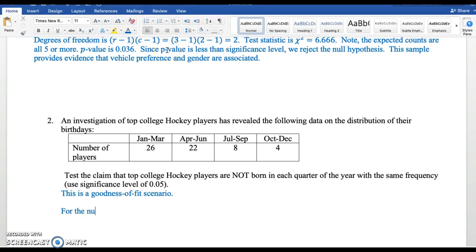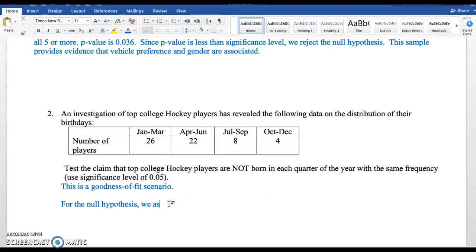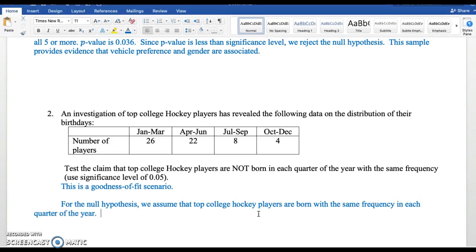So for the null hypothesis, what are we going to do? We're going to test the claim that top college players are not born in each quarter of the year with the same frequency. So for the null hypothesis, we always assume something has to be true. We assume that top college hockey players are born with the same frequency in each quarter of the year. The alternative hypothesis is that this is not true, and that at least 1 quarter of the year has a different frequency